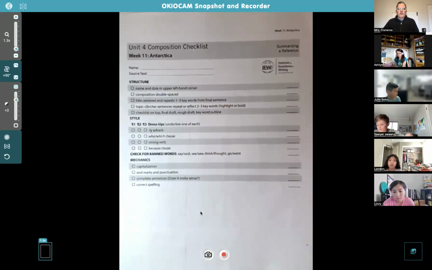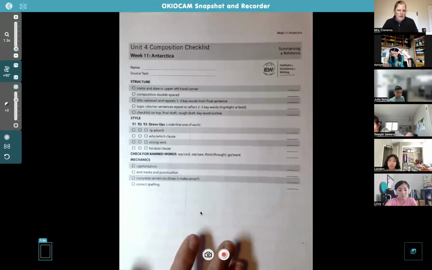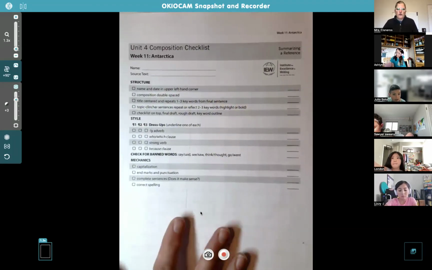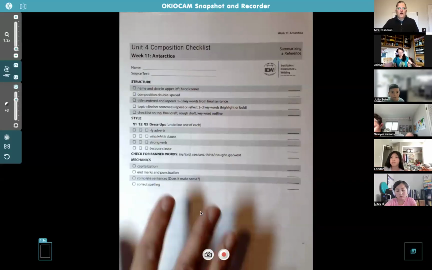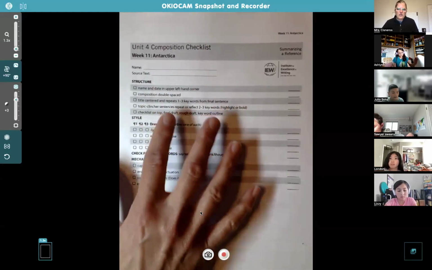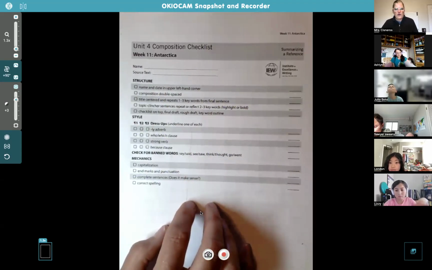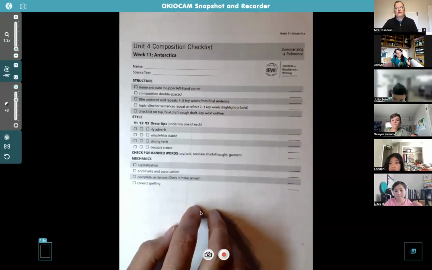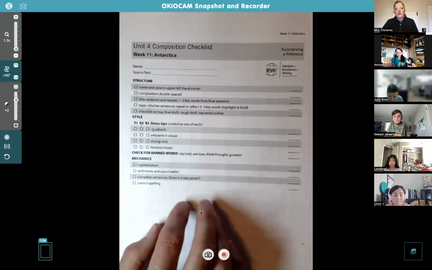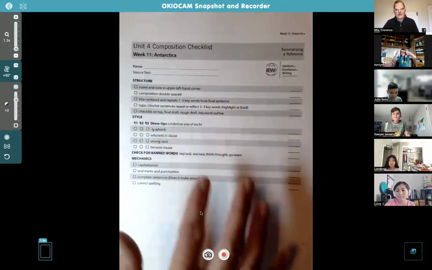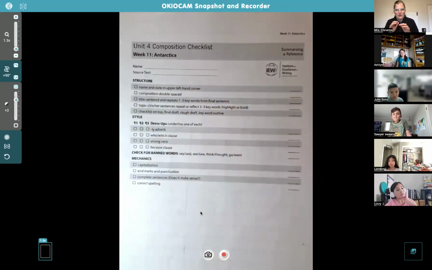And then I'm going to show you this checklist really quick. You used it already for your first paragraph, so I know you know what's on here. Don't forget to use this because this is how I grade your homework. This is how I give you a score. Yeah, I see you nodding. That's good. So if you forgot a dress up, I'm going to tell you that in the Google Classroom, and